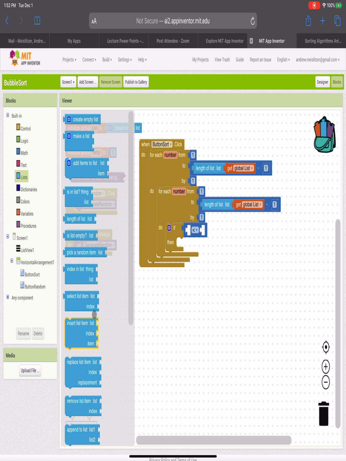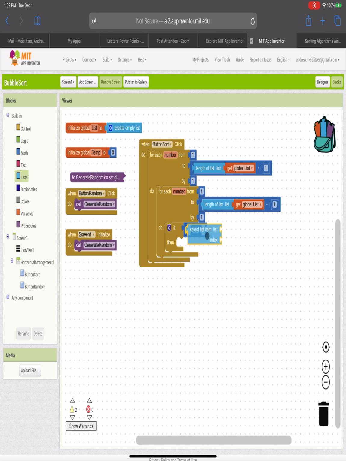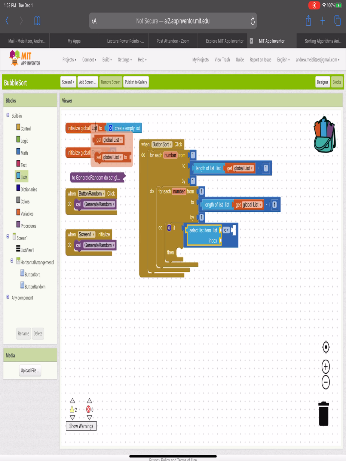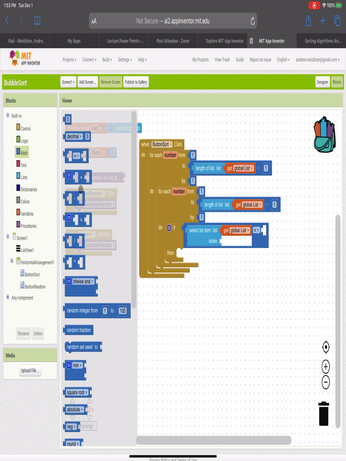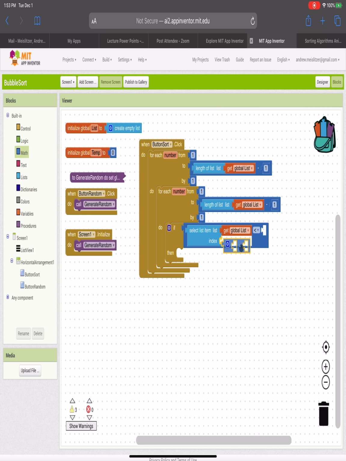So the way this is going to work is we're going to go into our lists, and we're going to choose our select item from list, and we're going to plug that into this first input right here. All right, and so what are we comparing? Which list? Well, it's the numbers that we have in our global list up here. So we're going to get global list, which is those random numbers located within my procedure block right over here. So that is the list that I'm dealing with, and then the index is going to be the current index that I'm at plus 1,